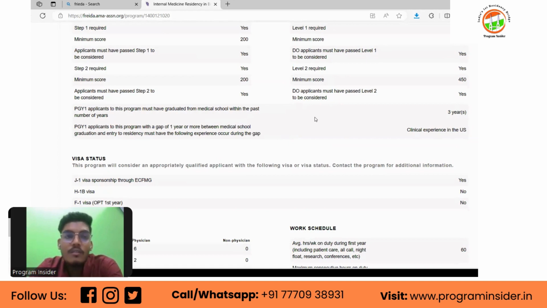We all know the visa is a very big challenge for us since we are IMGs. We require a visa, either J1 or H1B. One thing I would like to update: if you are aspiring for an H1B visa, you have to complete your Step 3 on or before the confirmation of this visa. During your interviews, you have to confirm that you are done with your Step 3, and only then will they allocate you the visa. Rest, you'll get the J1.